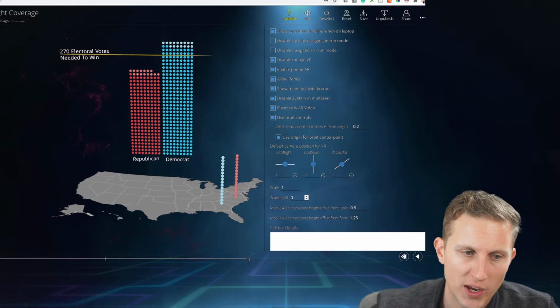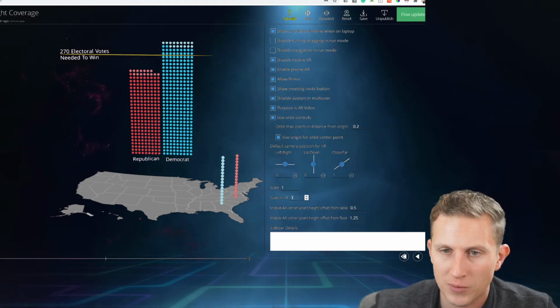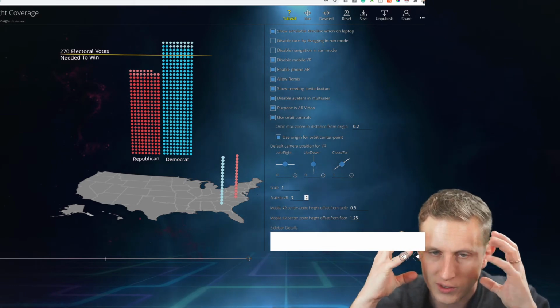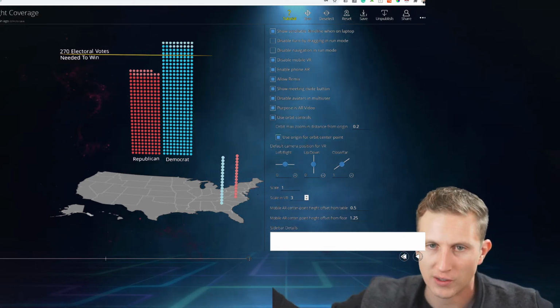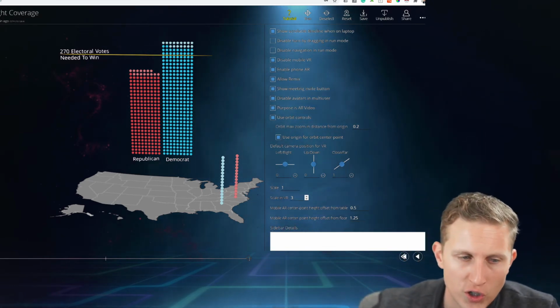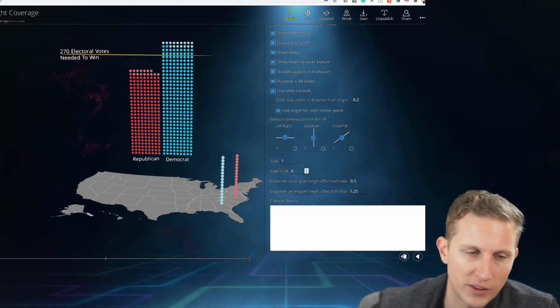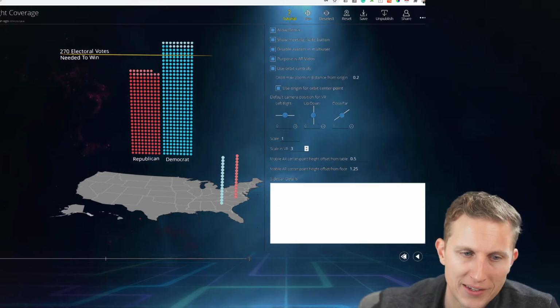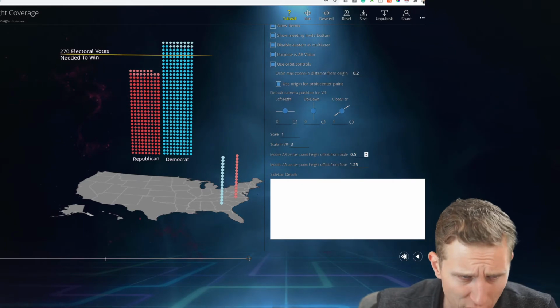By default, we actually increase everything by 3 times going into VR, because in VR you typically don't want smaller objects, but actually it helps to see things really large. And so we automatically do that, but you can adjust that down or up as necessary. And these other attributes,